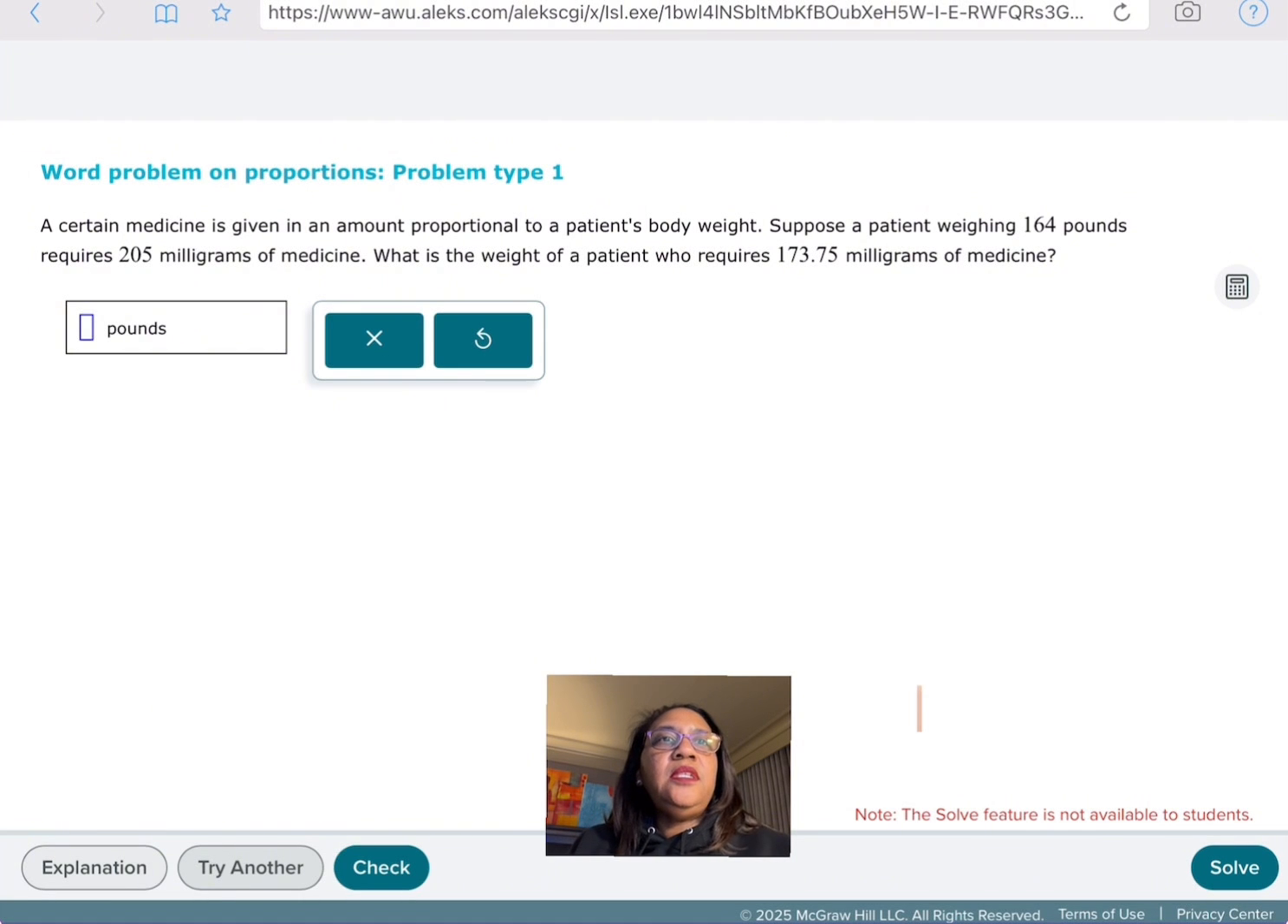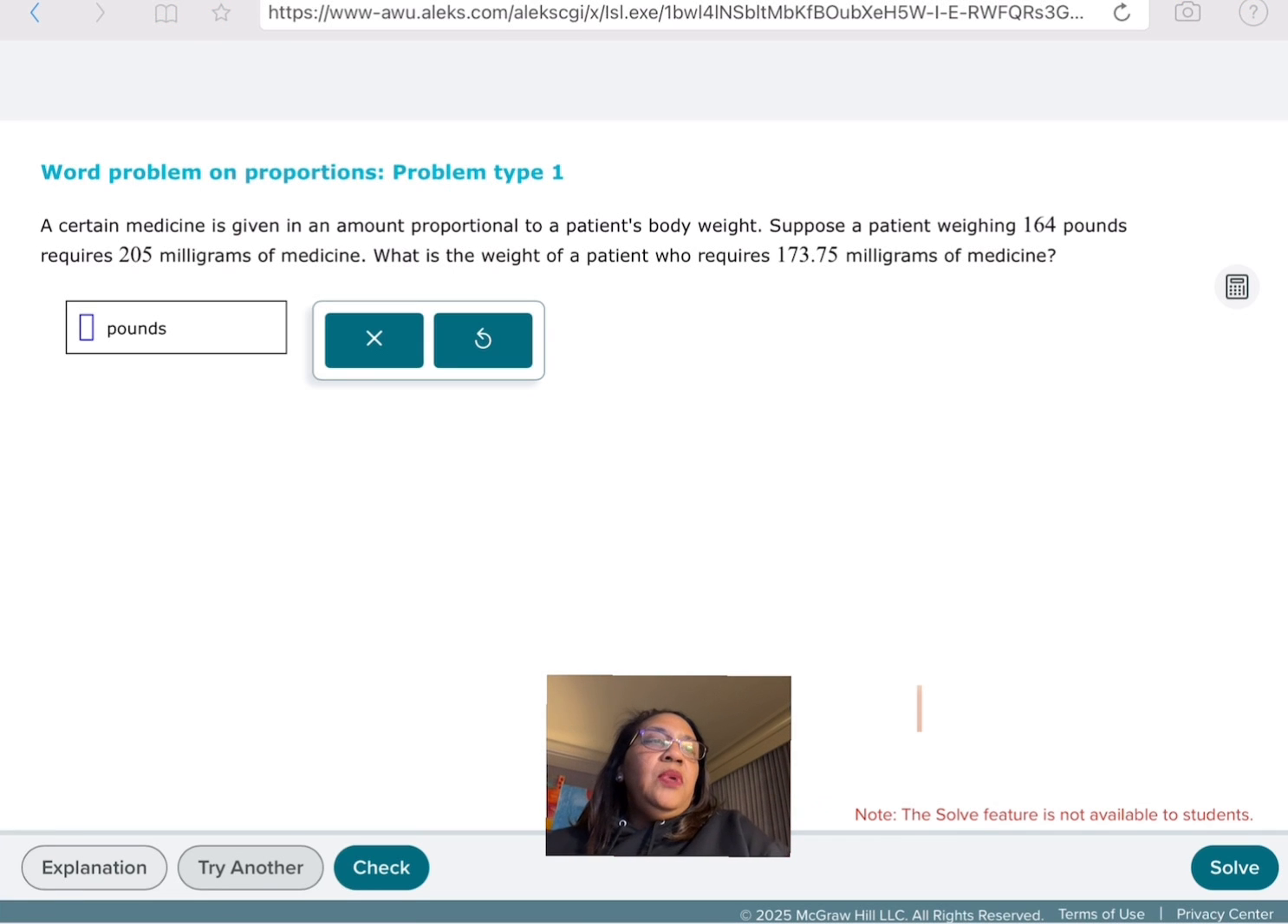A certain medicine is given in an amount proportional to a patient's body weight. Suppose a patient weighing 164 pounds requires 205 milligrams of medicine. What is the weight of a patient who requires 173.75 milligrams of medicine? So even though that sounds like it's a little bit different, we just keep everything consistent. They give us two sets of milligrams, and we are looking for what weight the patient is when they require